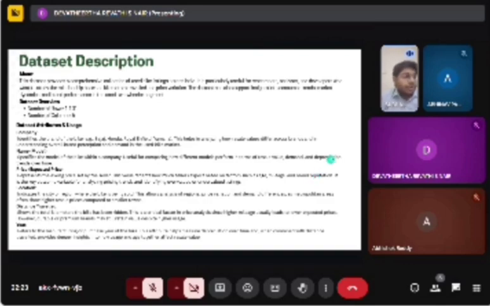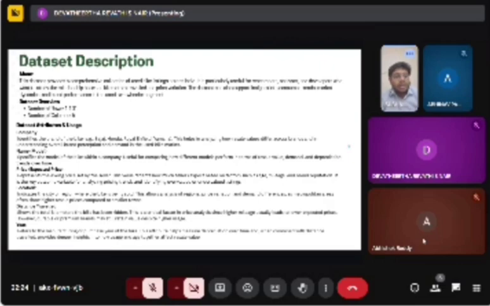The data attributes and usage. So there's company that identifies the brand of the bike, for example Bajaj, Honda, or Royal Enfield. Name specifies the model of the bike within the company. Price is the expected price, and it represents the asking price set by the seller. Location indicates the city or region where the bike is being sold. Distance traveled shows the total kilometers the bike has been ridden, and year refers to the manufacturing or purchase year